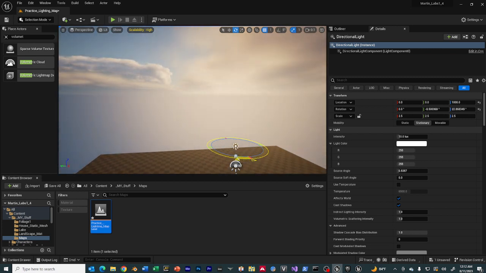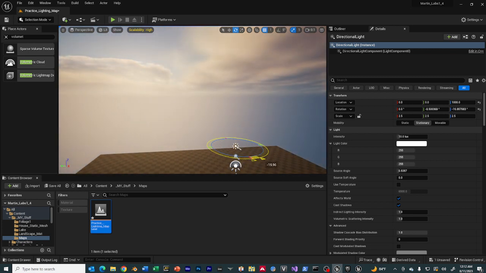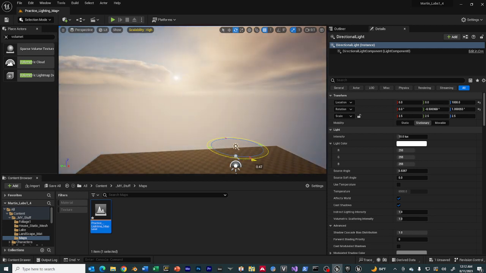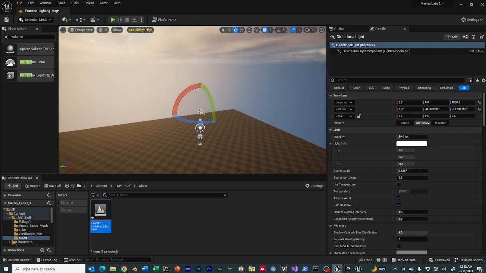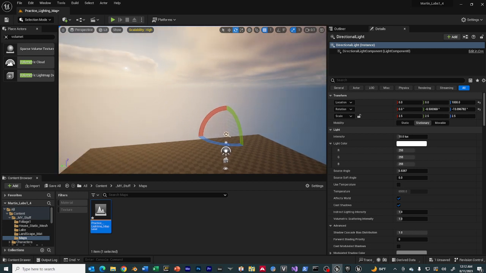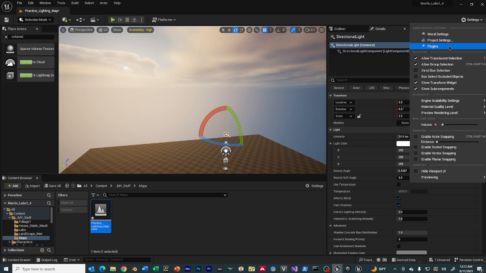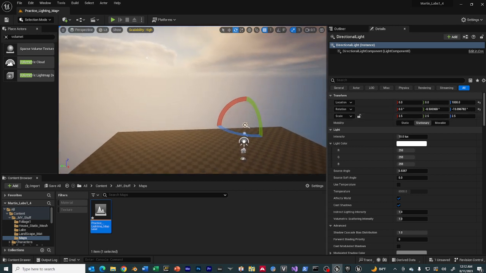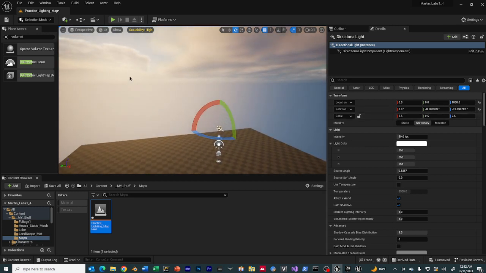Can you see how the shadows are moving on the clouds based on where the light is? Over here, the shadows move contra the light. All right, so with the sun being behind the clouds, with the Volumetric plugin turned on, with exponential fog turned on in world settings, we are now ready to go ahead and create some light rays. So I'm going to go ahead and do a save all,